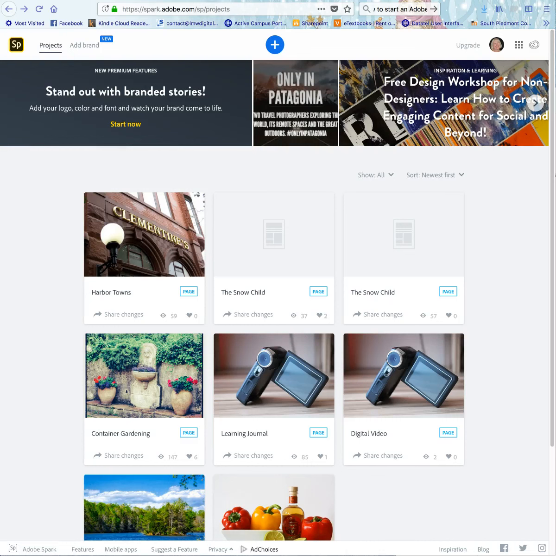Okay, everybody, I'd like to show you how to get started on a project. And the presentation you're going to do, Adobe actually calls a web page. So how you do it, these are some of mine that I've already done. This is container gardening, and this is the one you saw, the Harbor Towns of Lake Michigan, in the sample